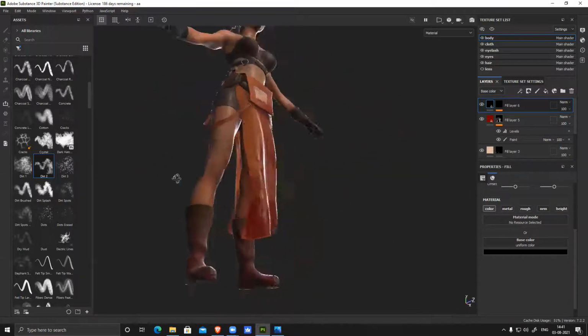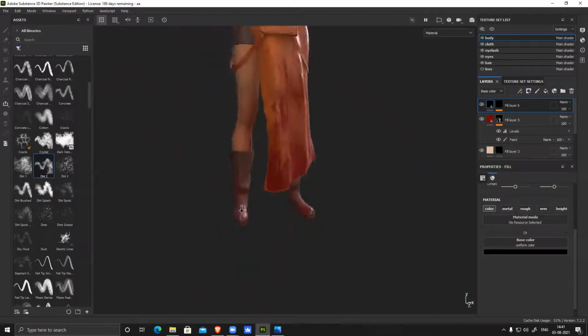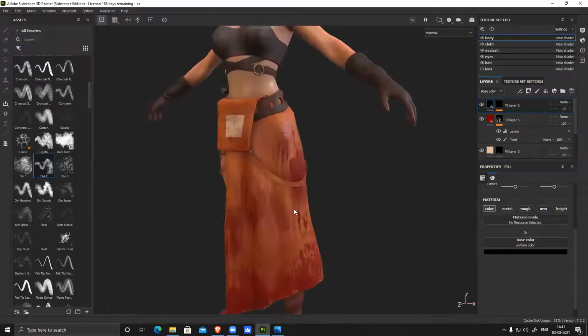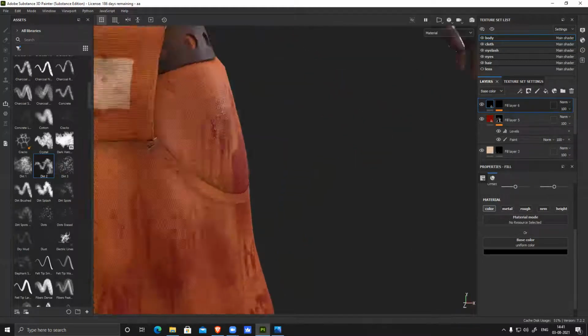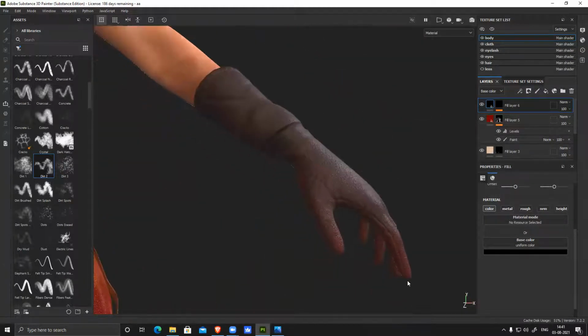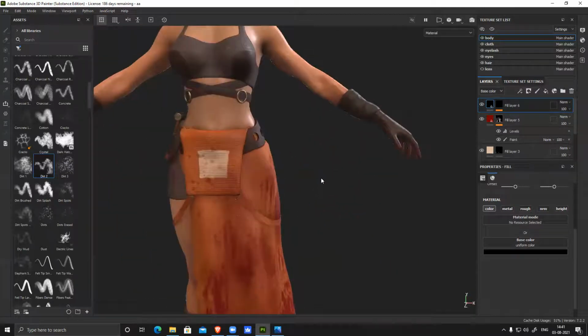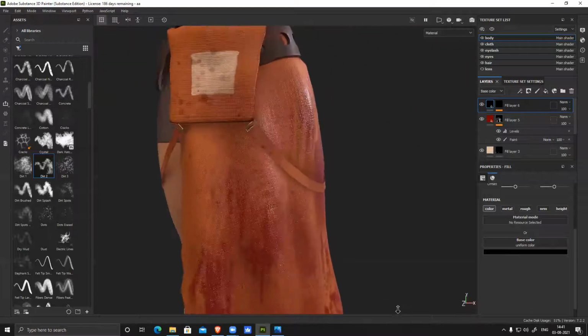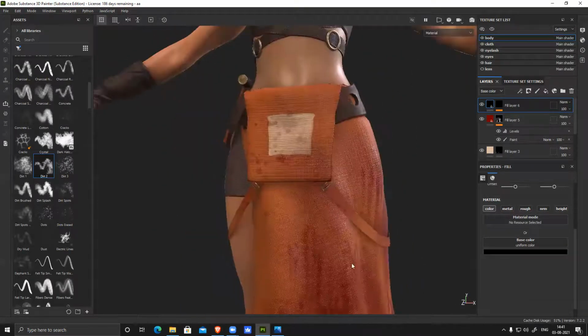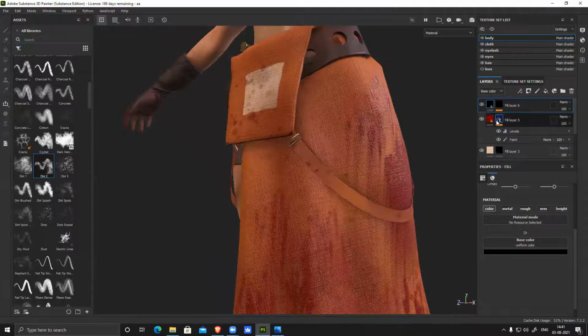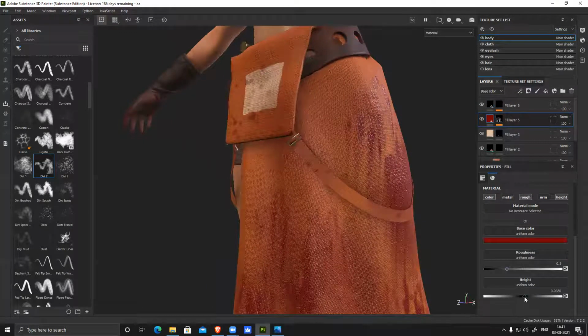See all those dirt patches on shoes also, and in gloves also. You can see a slightly reddish tint. But still, I've just started detailing, and you can see I have added this grain, this fabric detail. And one thing I guess I missed is height. What's body? Sorry, my bad. Cloth, I select.